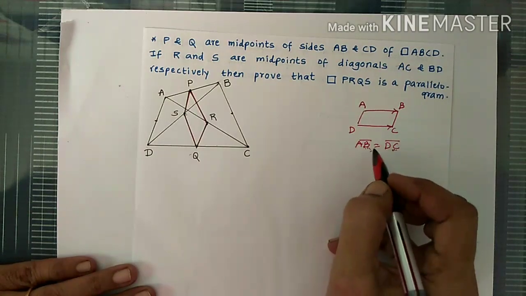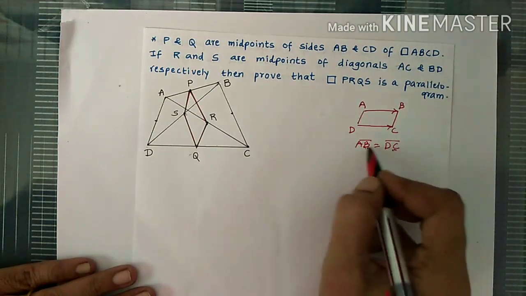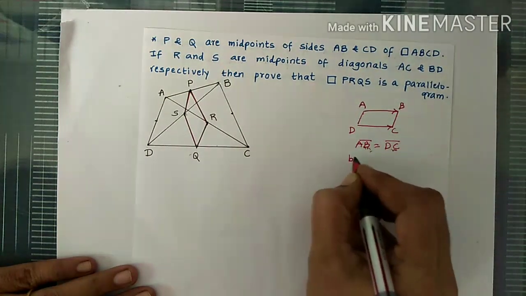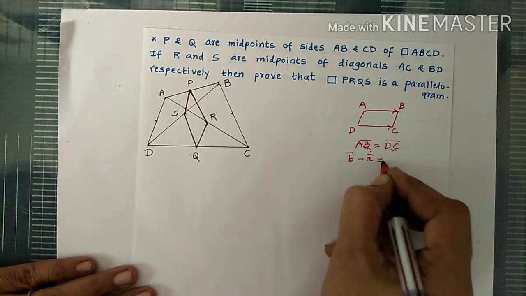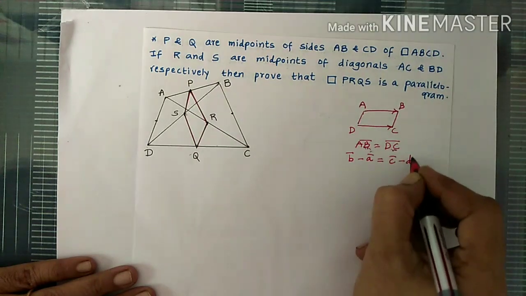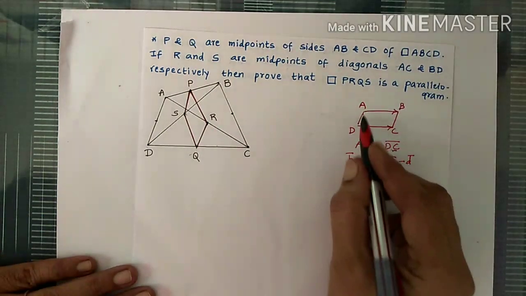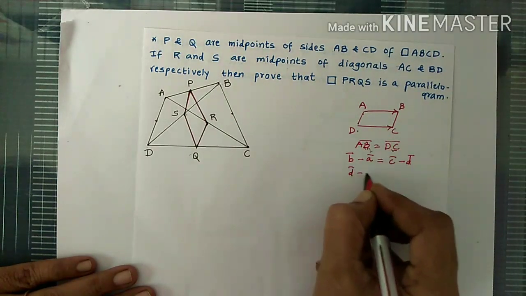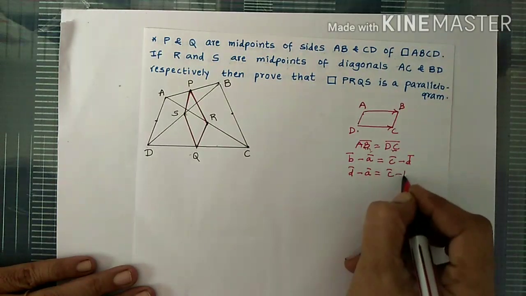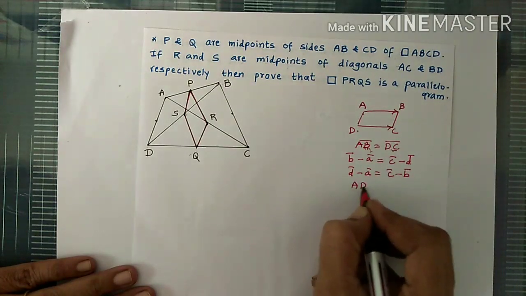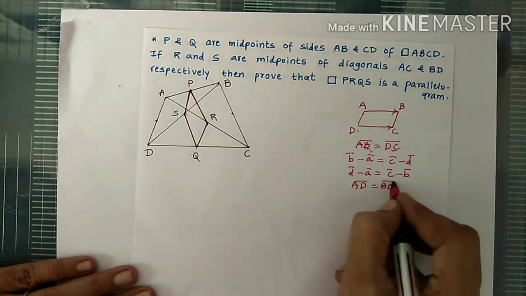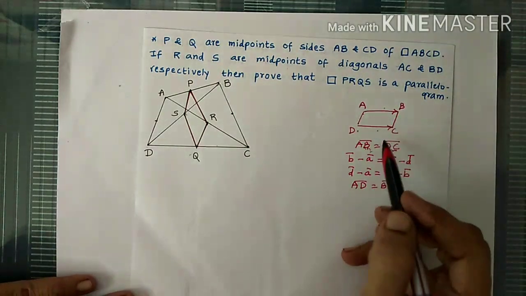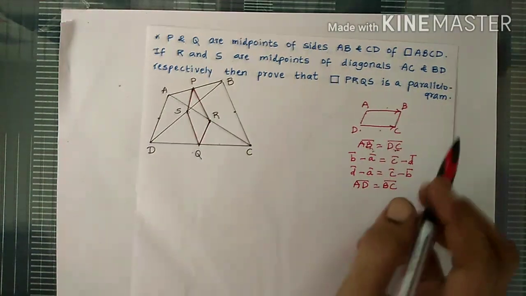And it is enough to prove that one pair here is equal. We don't have to prove AD bar is equal to BC bar. Why? Because if we prove this, then we will be having the equation B bar minus A bar equal to C bar minus D bar. So for AD bar, what we need is D bar minus A bar. So let's write this D bar in left hand side and B bar in right hand side. So we will get AD bar equal to BC bar. So it's enough to prove that one pair of opposite sides in vector form is equal.